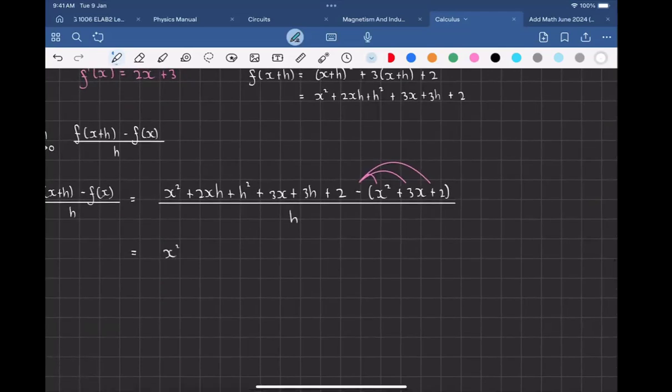Let's proceed. x squared plus 2xh plus h squared plus 3x plus 3h. And let's expand now. If you expand now, we'll get